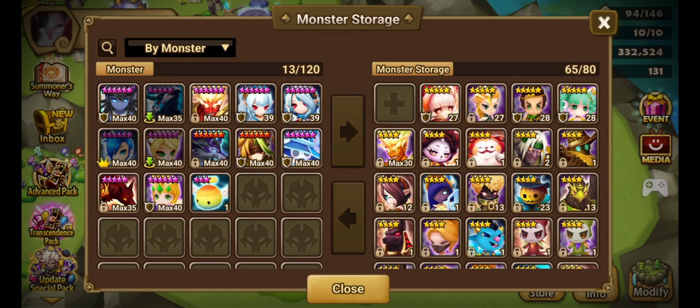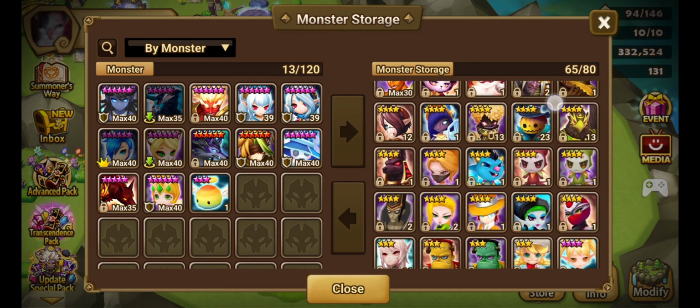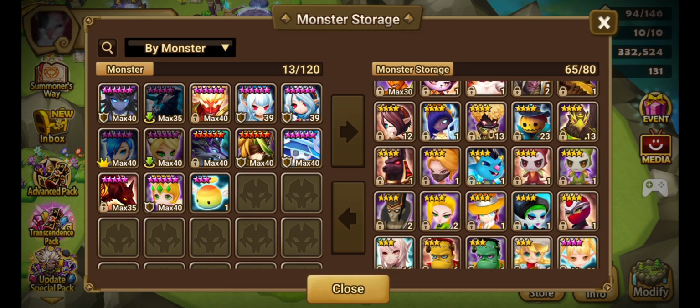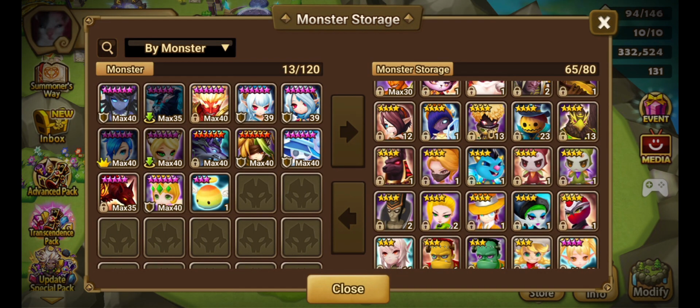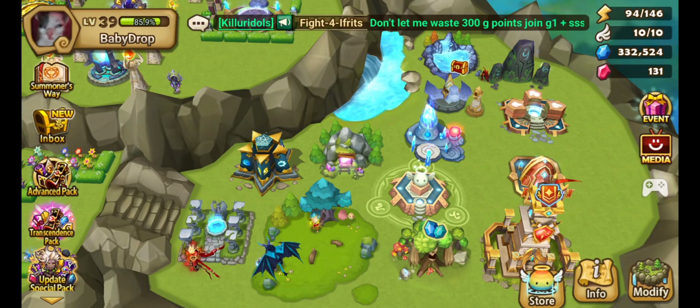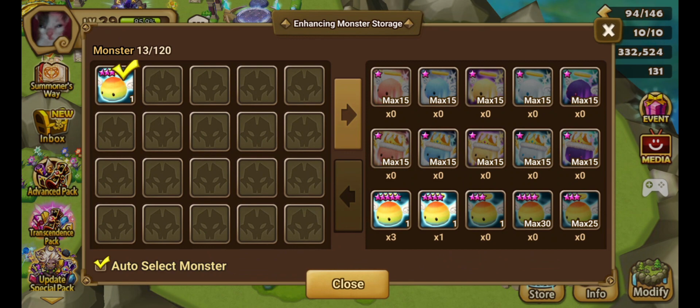Especially on this account. But if that doesn't work, I could aim for the SWR, I could aim for the Hell Lady, I could aim for the Wind Assassin, Rakashaw, whatever unit that I feel might work. But I don't see any reason as to why Tayor shouldn't work. So